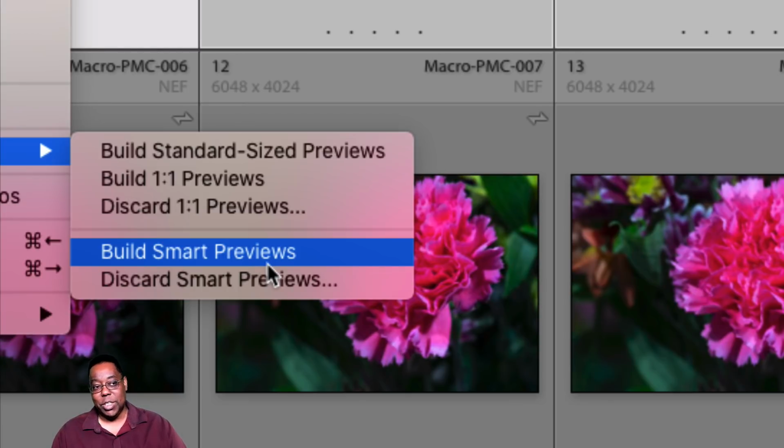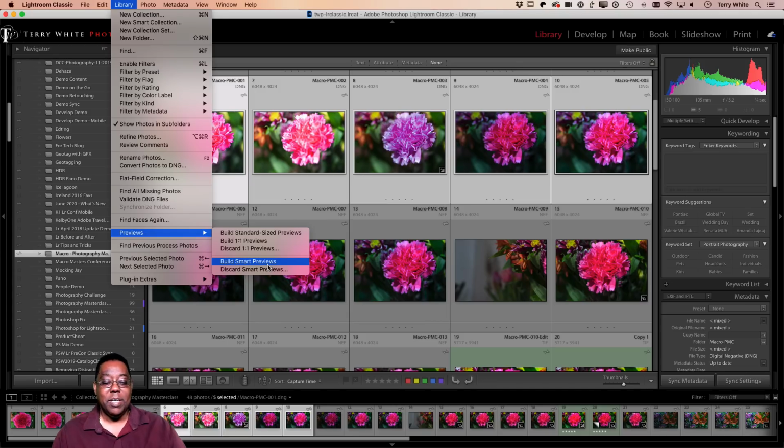Now, what's the difference between a smart preview and a one-to-one or a standard? Smart previews, first of all, travel not with the photos, they travel with the catalog. So if my catalog is on my laptop, all smart previews will be on my laptop too, even if the images aren't. With a smart preview, I can edit or work with the photo even if I don't have the drive connected that has all the original photos.